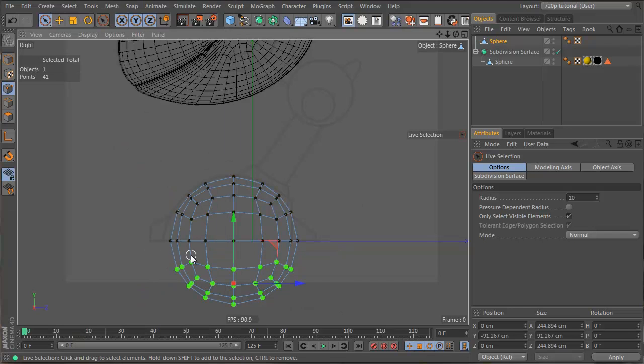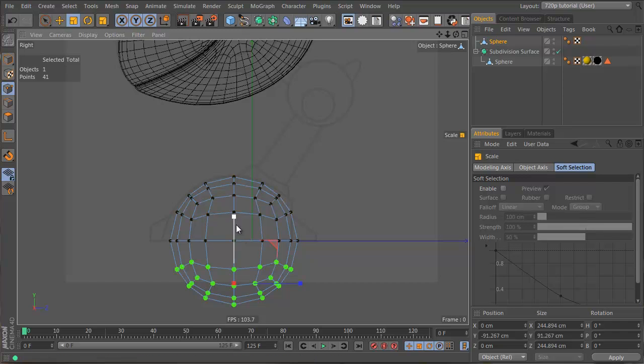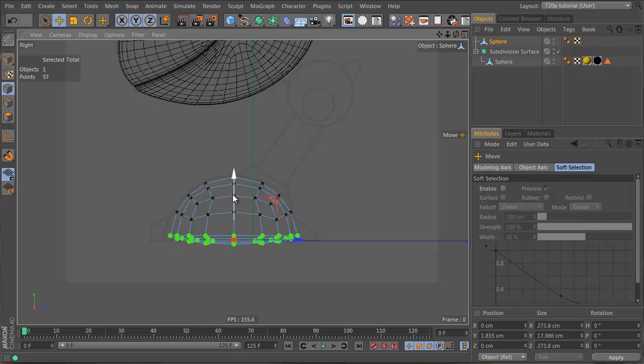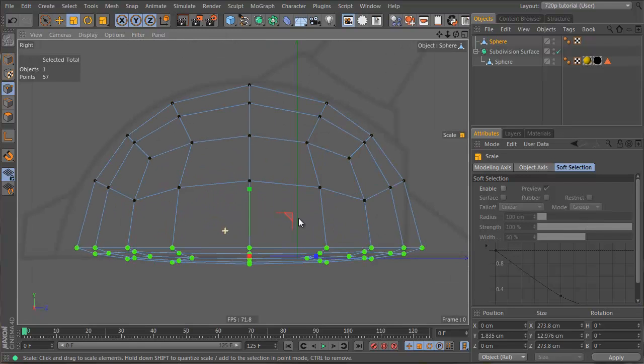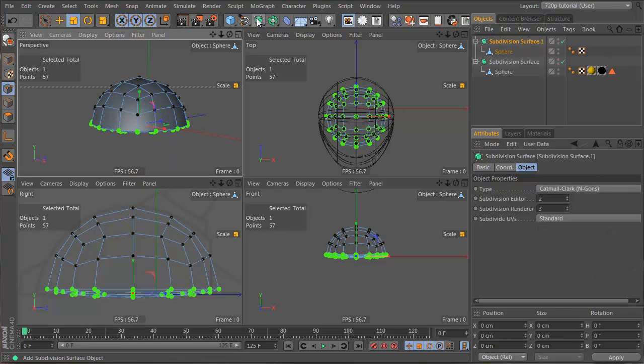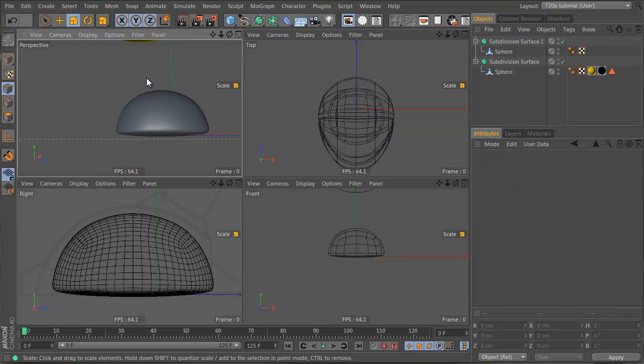So I'm going to select all these points. I'm going to use the scale tool, and I'm going to scale them down. Not all the way, just maybe to like 15%. And then I'm going to move them up. I'm going to select all these points, and I'm going to move them up as well. And maybe scale them down a bit more. And what this will do is now when we put this into a subdivision surface, this nice kind of flat